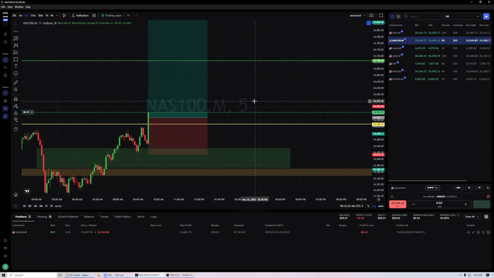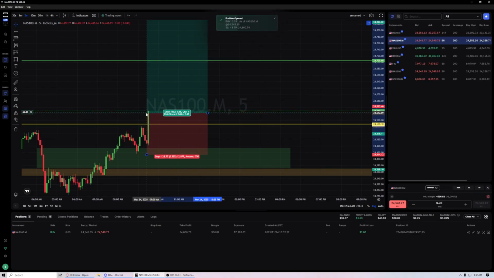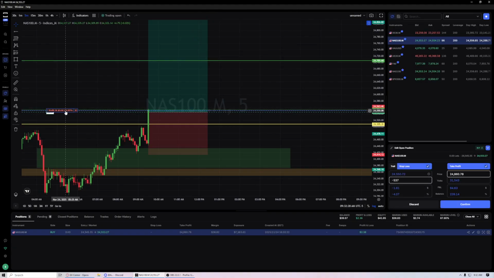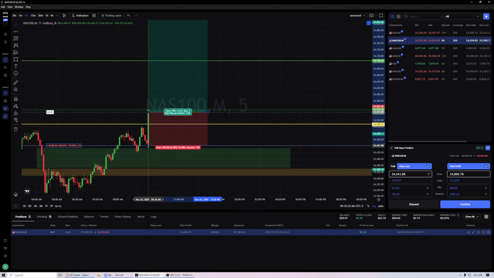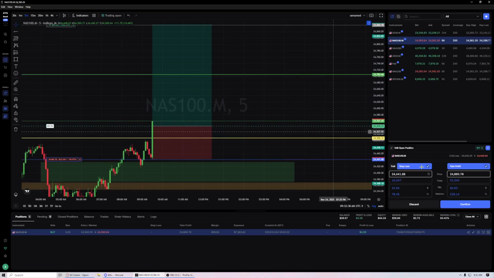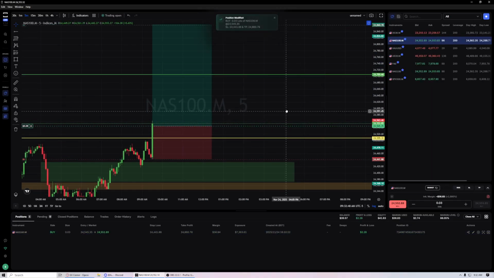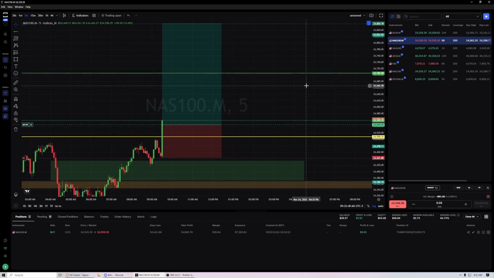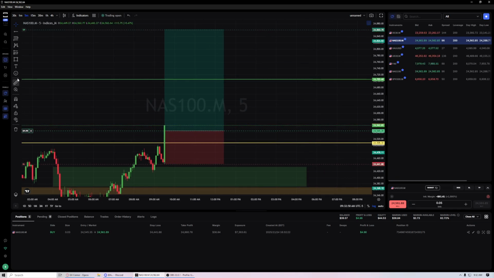Alright, I'm gonna enter here. I want to set stop loss right below here. It could come back down to retest that 1-minute fair value gap, so set our stop loss. It'll just blow the account at that point, so